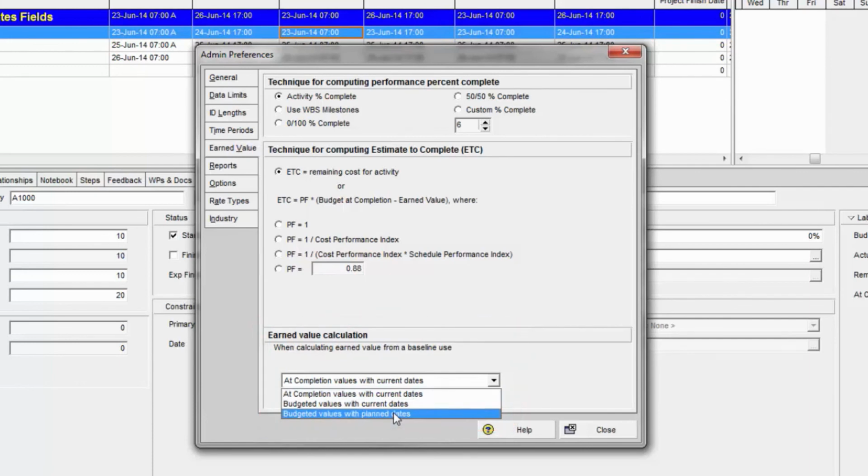the baseline data is going to look at the planned date fields in the baseline, which were derived from the current project planned date fields, which may not be in sync with the current schedule because we have entered progress and we have marked the started checkbox on some activities. So if you want a 0 variance baseline anytime you create a new baseline, you need to choose at completion values with current dates. You can also use budgeted values with current dates, but the budgeted values, that is related to hours. So if you've increased or decreased hours, you might be best just using at completion values with current